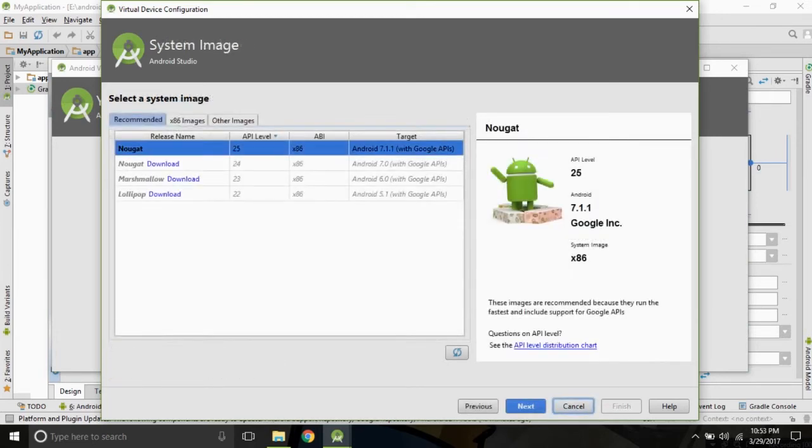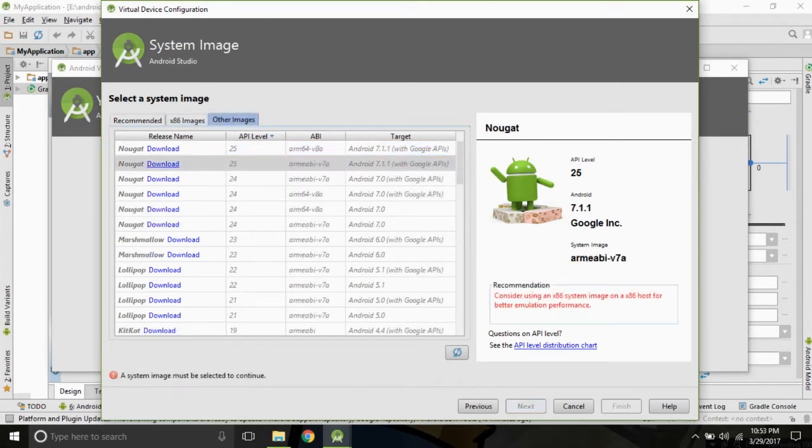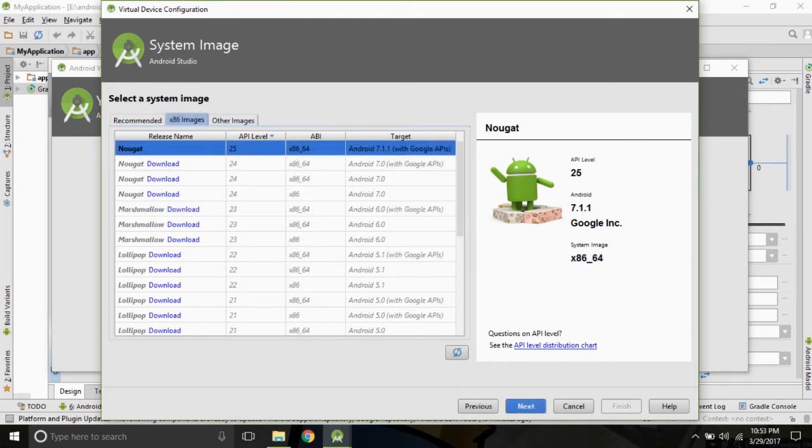So click on next. And if you are using Linux, you can simply click on x86 image and click on the Nougat and it will start running. But if you are on Windows and if you have not successfully installed the HAXM, then you need to go on other image and download the Nougat image. I have already installed the HAXM, so click on next,